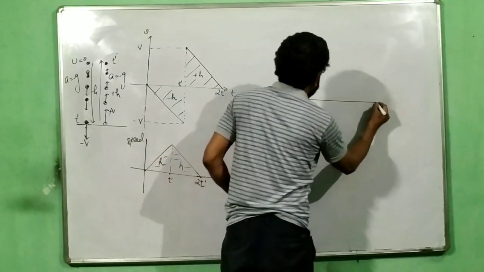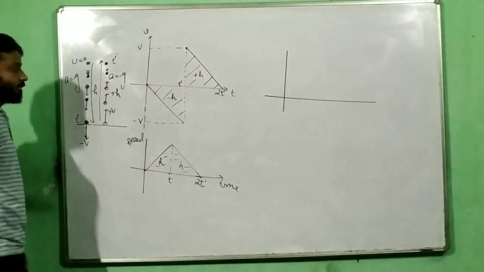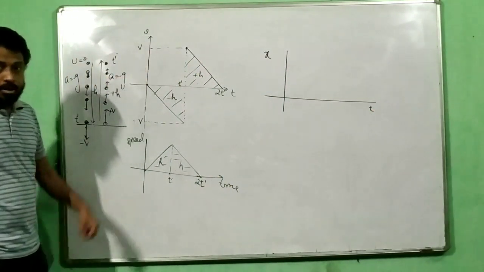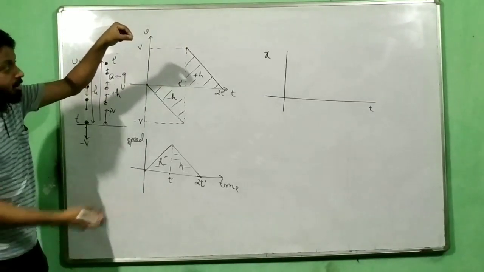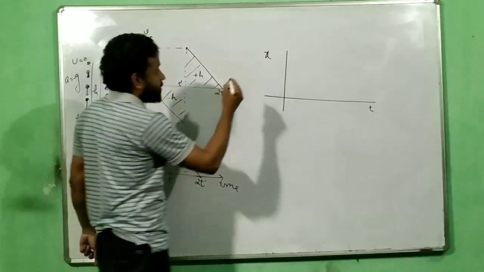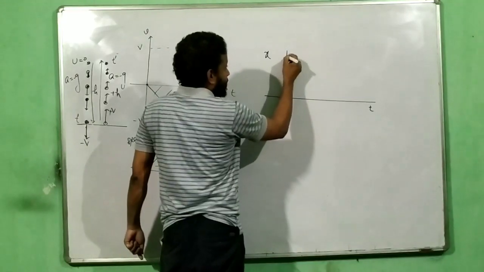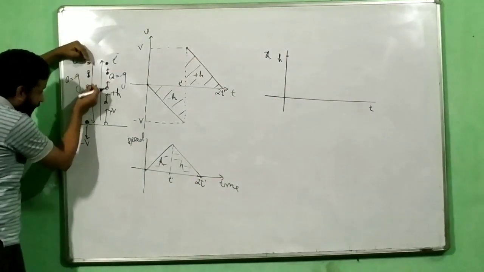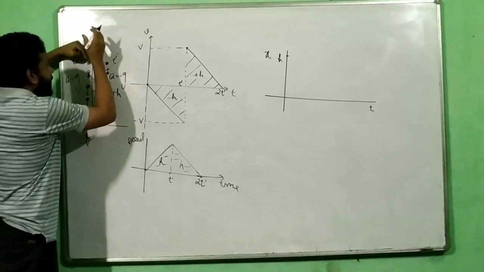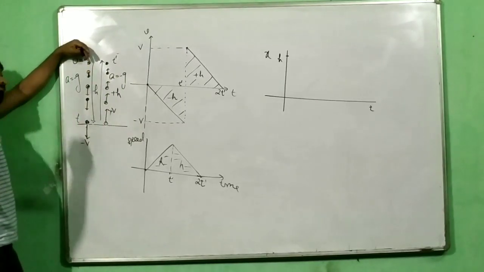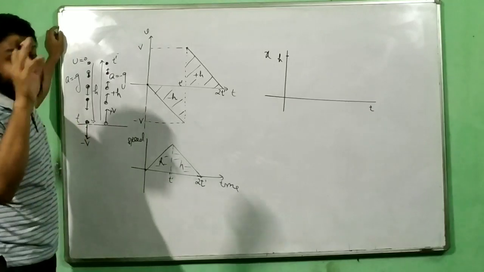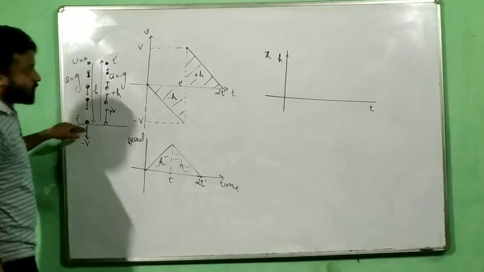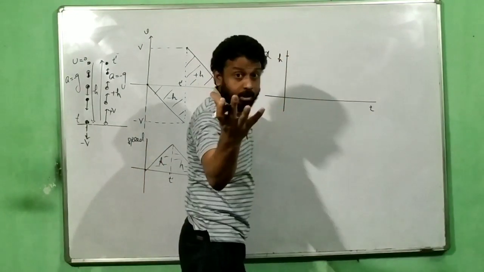Displacement time graph. This is my x, this is my t. It is starting from a certain height, am I right? From the ground, it is starting from a certain height. So the graph will start from a certain height. This is the height from where you are dropping it. So that point is h height. And then it comes towards the ground, again goes away from the ground. Now while coming down, the magnitude of the velocity is increasing, but in the negative direction. As I told you, 0, minus 1, minus 2, minus 3, minus 4, minus 5, and so on. So it has to be a curved line.